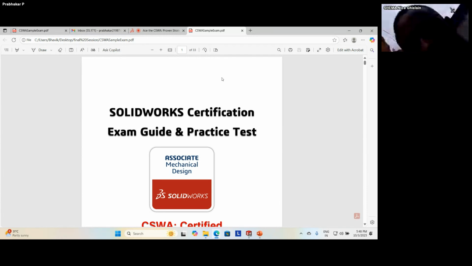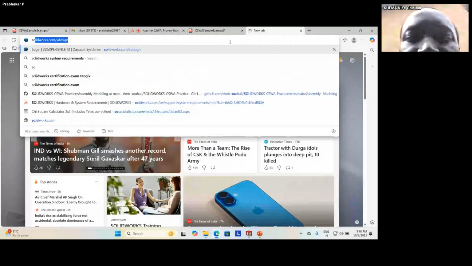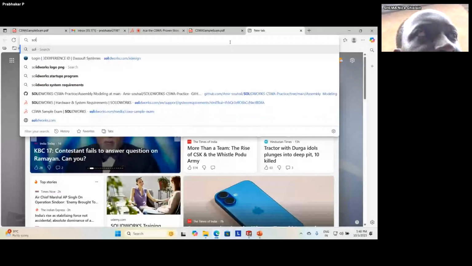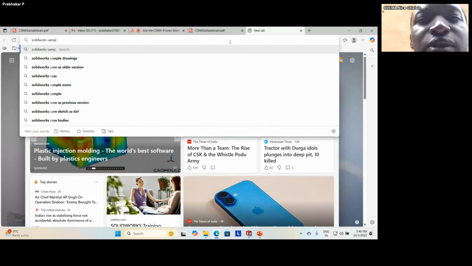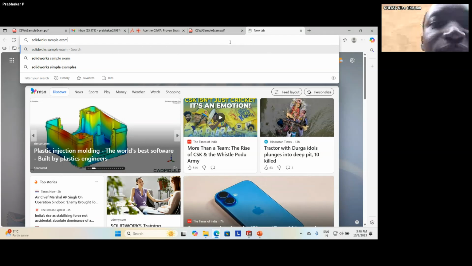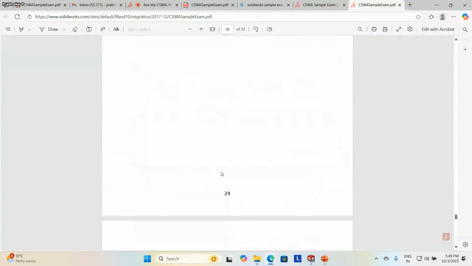To access this, you just have to type SolidWorks sample exam. If you type like this, you can download it. Once you click download, it will get downloaded automatically.